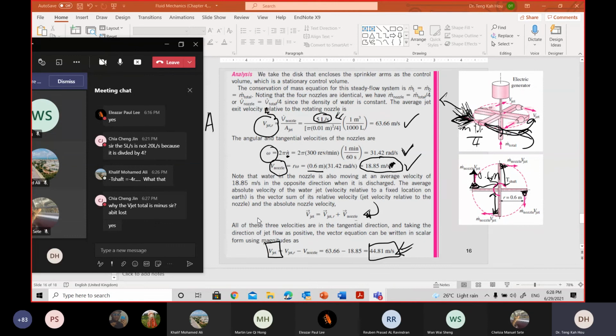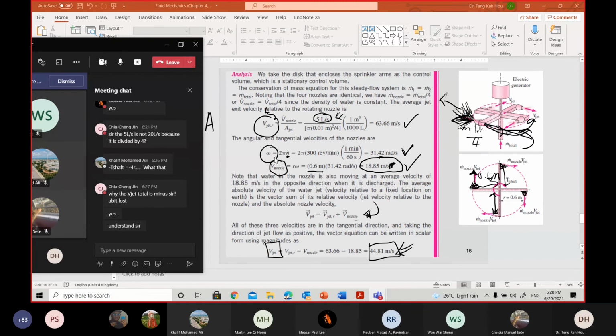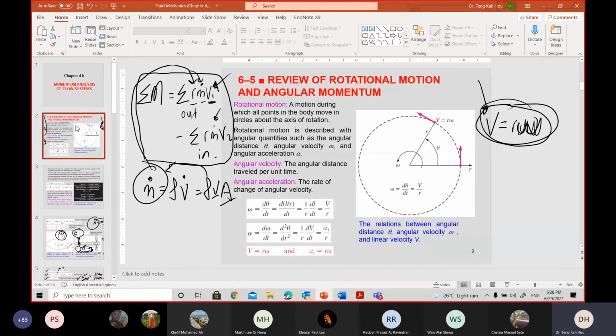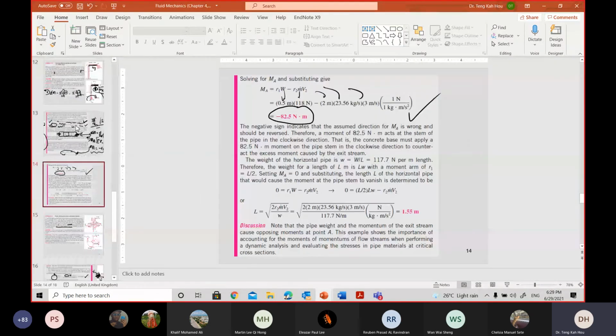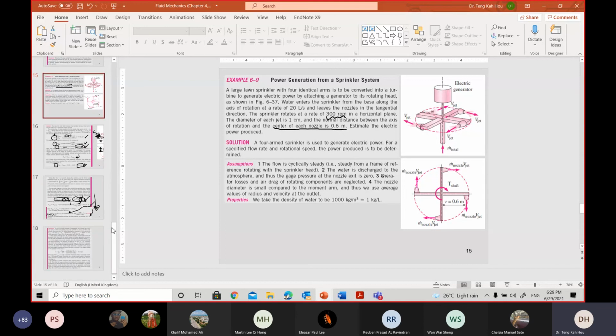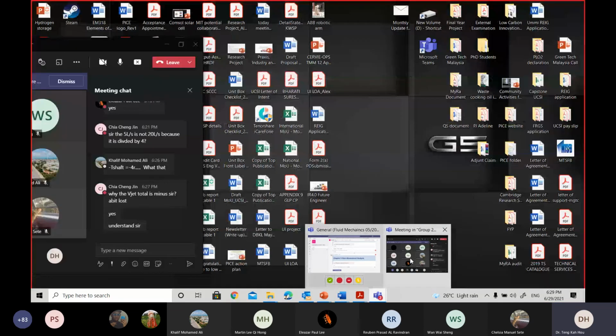Try on that again. And any questions, we'll come back again next class. Okay, yep. So I think that's all you need to know for this chapter 4. And the tricky part again, as I said, is not about the formulas, because the formula is straightforward, it's just simple. But the key thing is how well you understand the system. And again, all these things you need to try the questions, and there are no shortcuts available. Okay, so I think that's all for today. Any questions you want to ask?